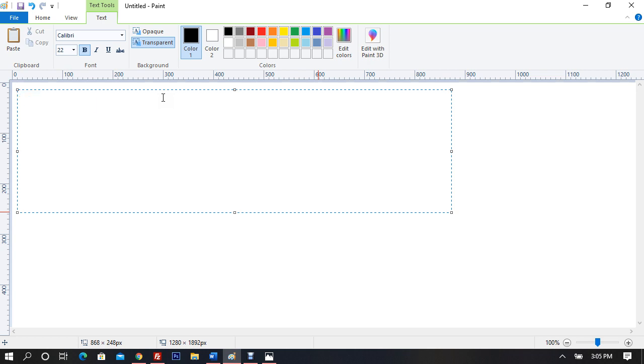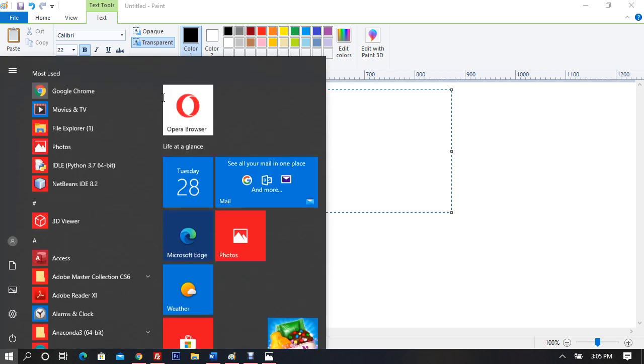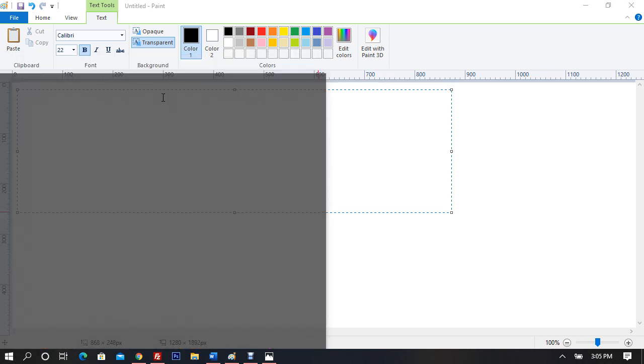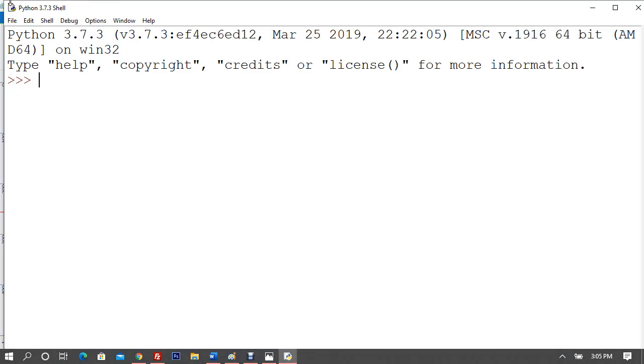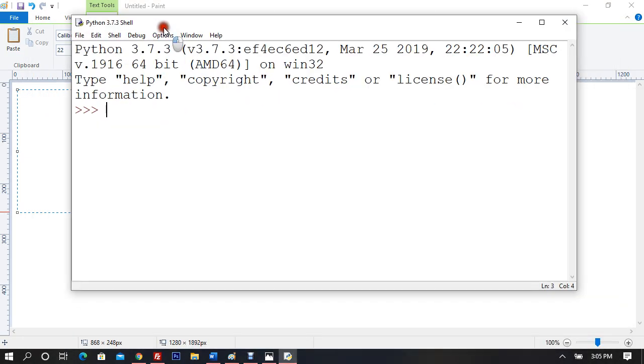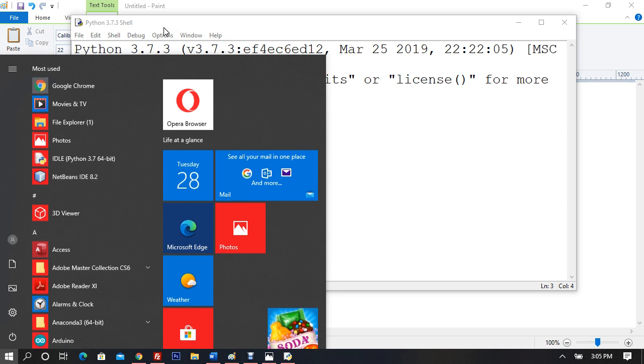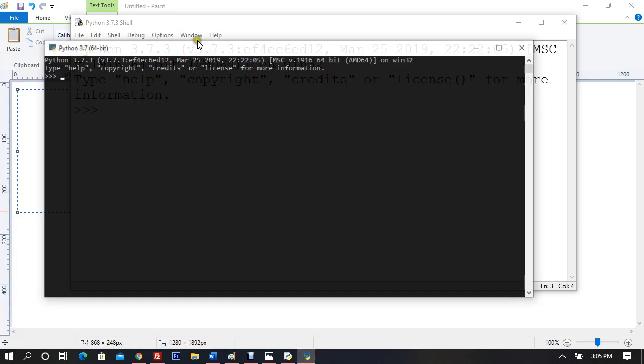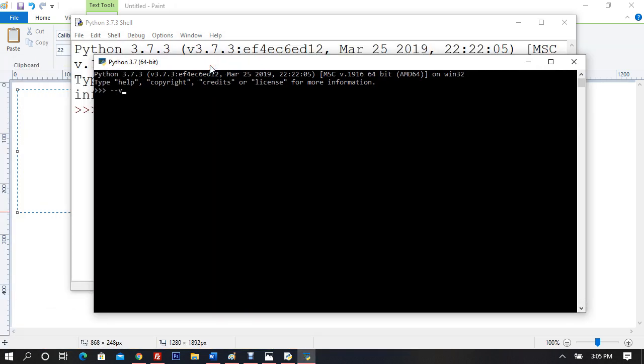Let me get quickly started with the IDE. Now then, I assume all of you have installed Python, all right? So now I go to IDLE. Now you can see this here. IDLE is here. So this is my Python shell. You can go to Python shell, or you can type Python 3.7. So both are available for you, right?